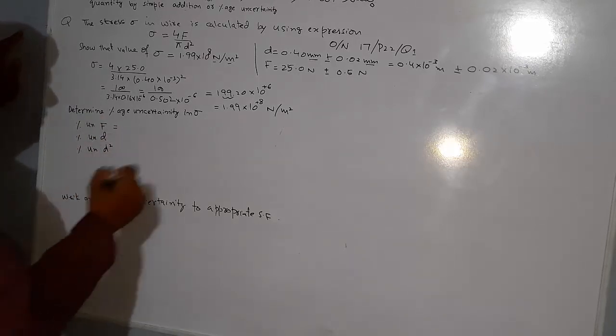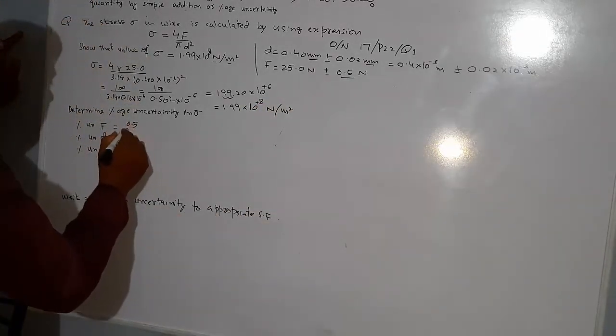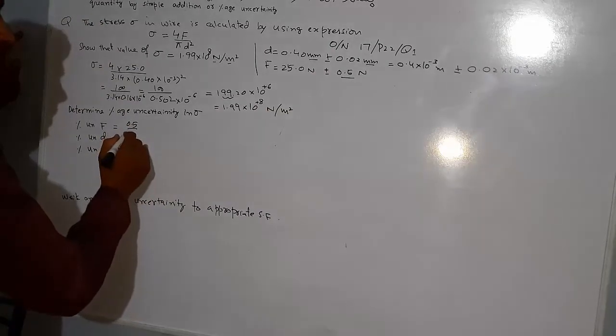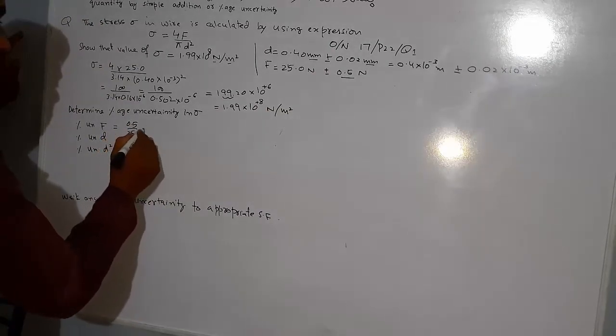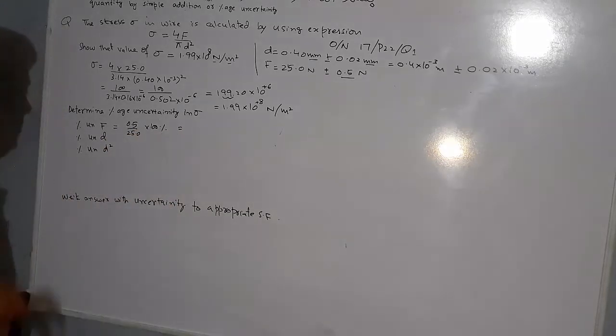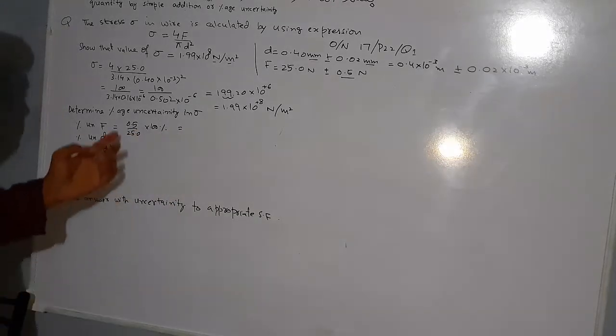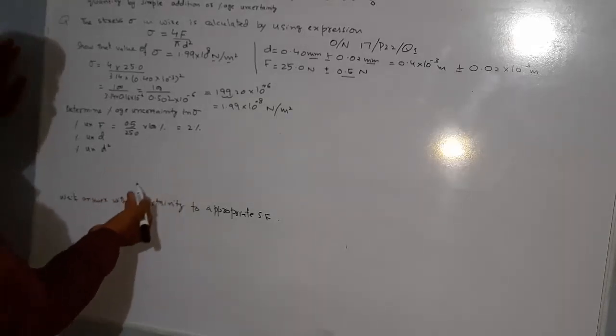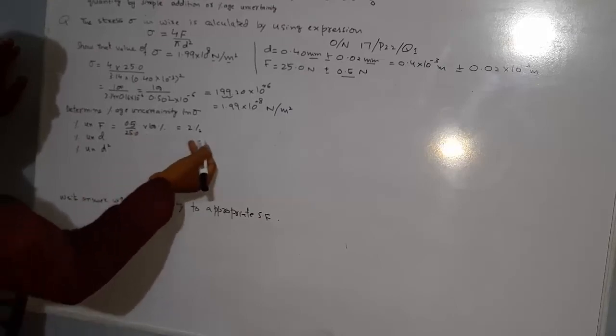So percentage uncertainty for the force, we have absolute uncertainty 0.5. We write 0.5 over measured value 25.0 multiplied by 100%. So the answer will be 50 over 25. Okay, so it will become 2%, because 0.5 over 25 multiplied by 100 becomes 50 over 25, that means 2%. So percentage uncertainty in the diameter,